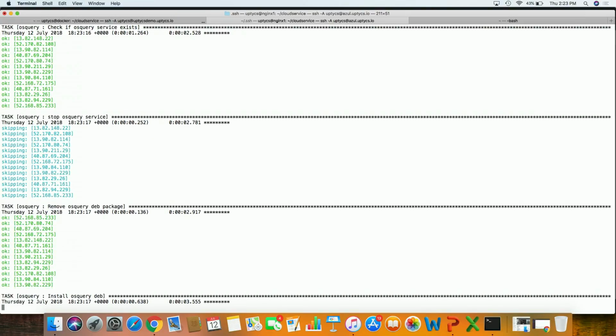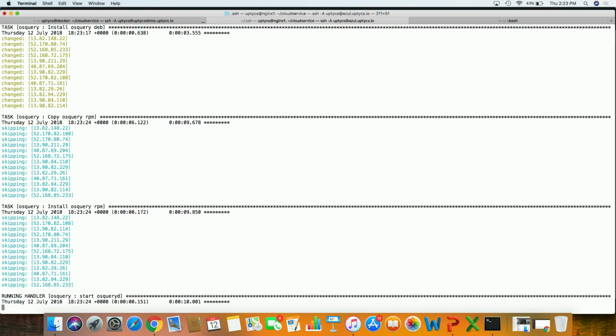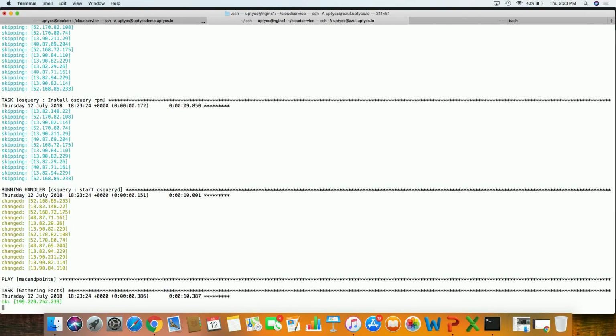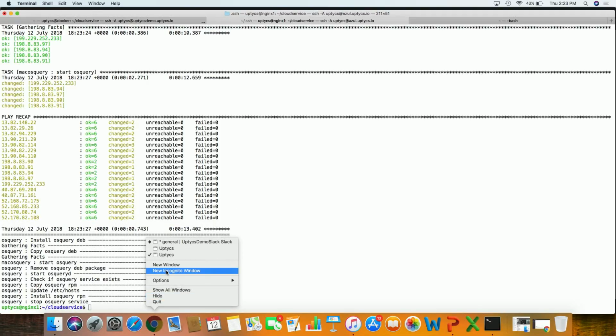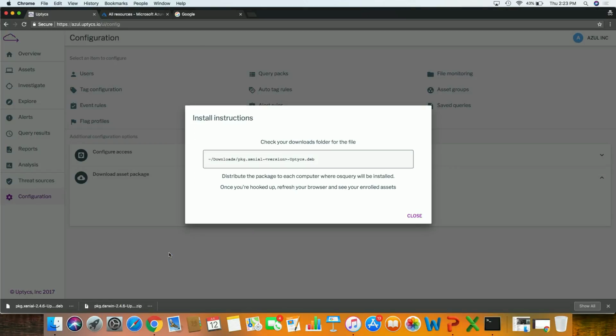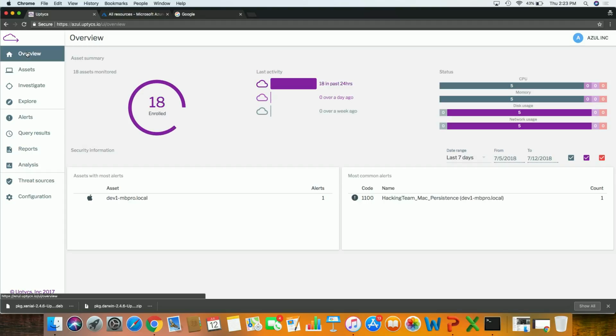There it goes. This time it's installing the Debian package on all those machines. As you can see, it took a few seconds, 10 seconds this time, a little bit more machines. And what should have happened is in the time it took to do that, now they're all on board here,